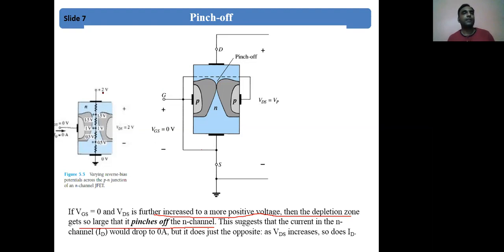So now let us take this example. As you can see in the figure on the right hand side, you can have any material, it is a resistive type of material, it will be offering some resistance. So the n type material that we have taken will be offering some resistance. So let us say that we have connected VDS of 2 volt. Near the drain I will be having resistance, and the resistance will depend on the length, as we know R is equal to rho L by A.